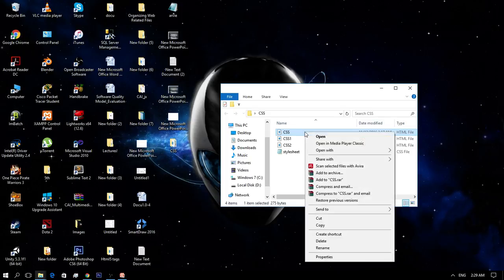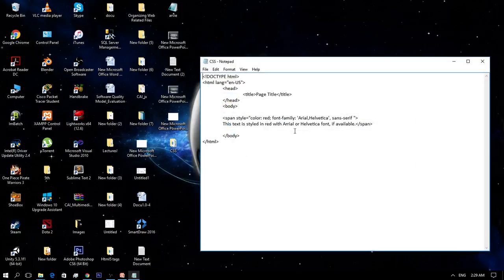Create your HTML file. I already created this example of my inline tag style.